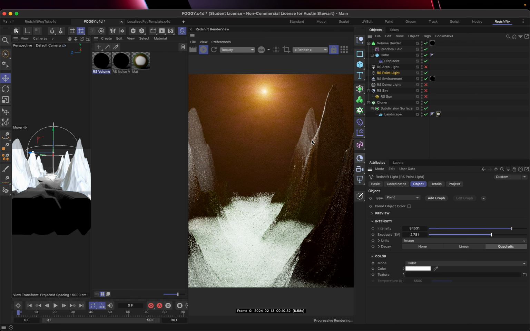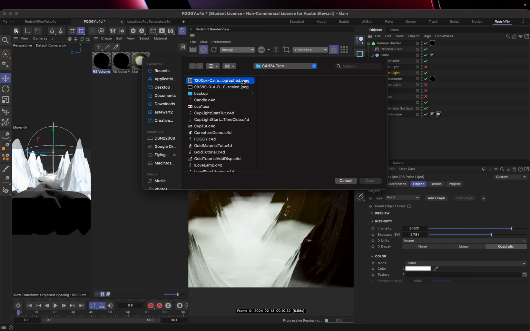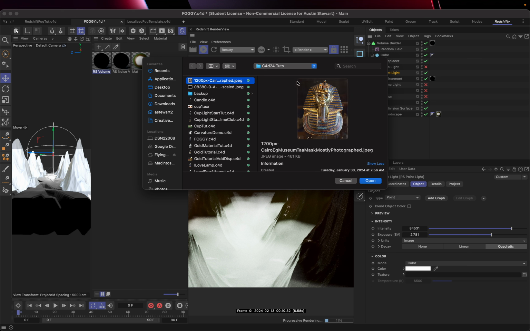Okay. So we've got our light set, and I want to show you something that's kind of awesome on lights. You can add textures to any light. We added it to the dome light, and we actually got an image. But what's really cool about adding textures to lights is you can get really interesting color information and light rays. So I'm going to grab a file that I've used for another tutorial. It's just this JPEG of, I believe, Tutankhamun's mask, or maybe a different ruler. If I click open,